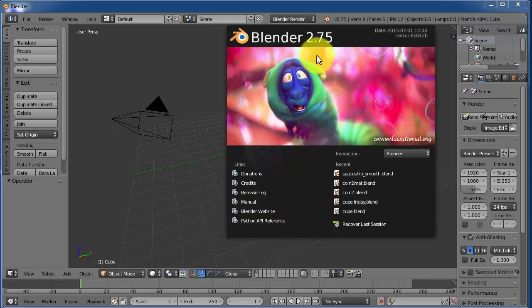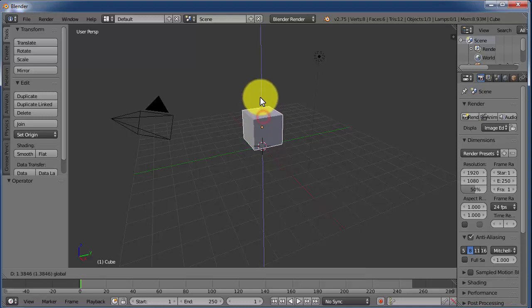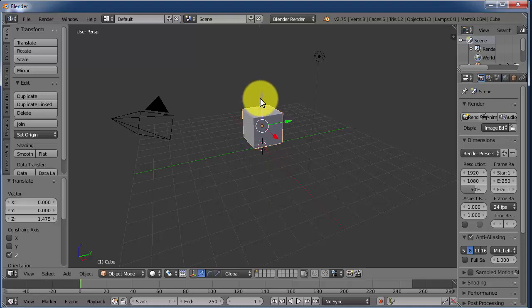In this tutorial, we're going to look at using Blender. I'm currently using Blender 2.75, although I think anything after Blender 2.5 would work similarly. We're going to do some simple texturing of an object. So I'm in the standard scene with the cube. I'm going to delete the cube